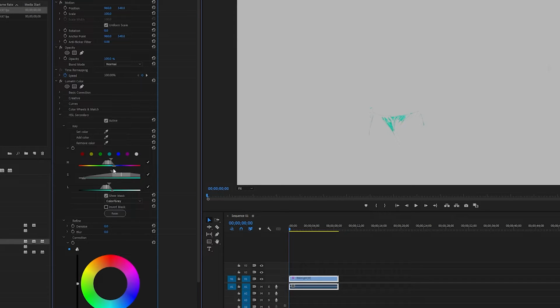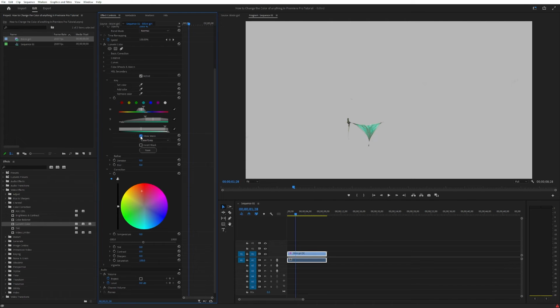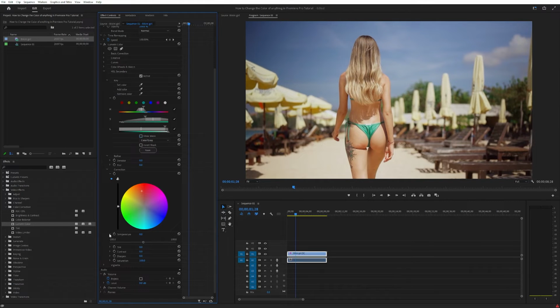Oh, that's a little bit too much. We don't want the trace. Maybe something like this. Okay, so now that we have selected our object, we can play around maybe with the temperature of the tint